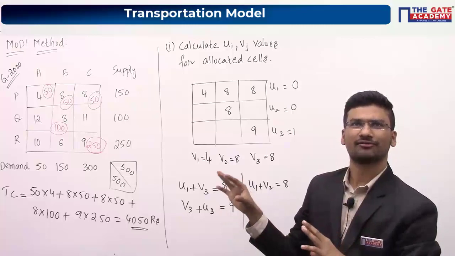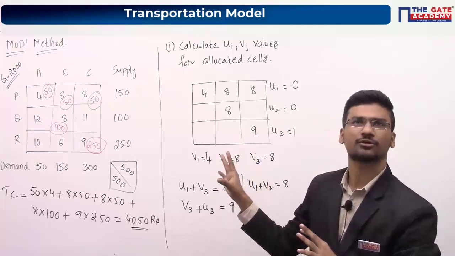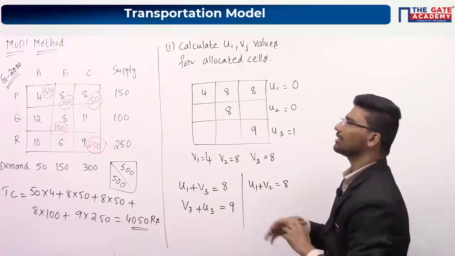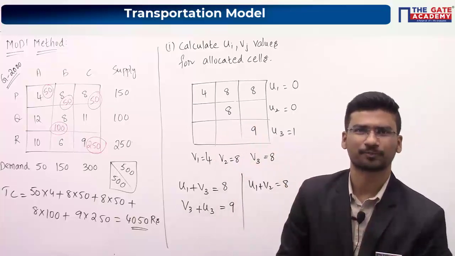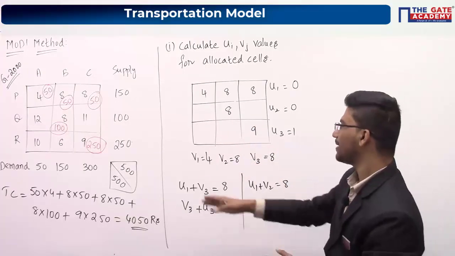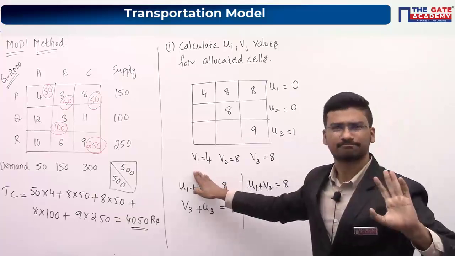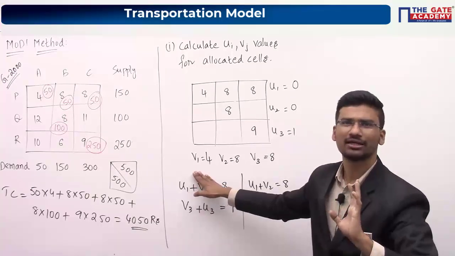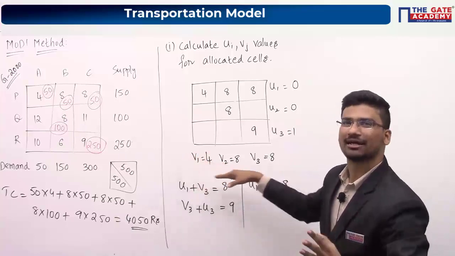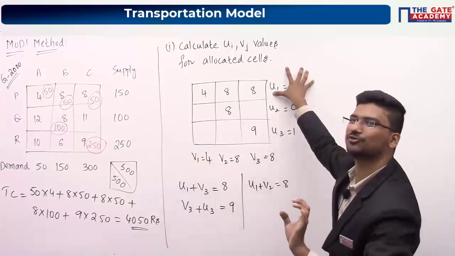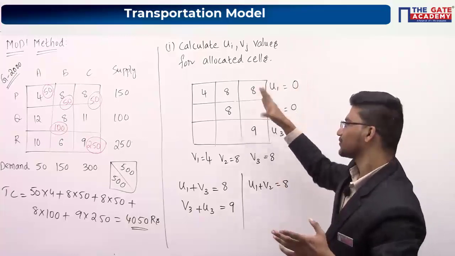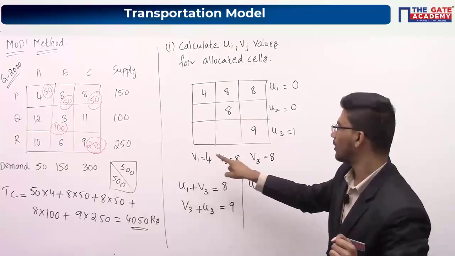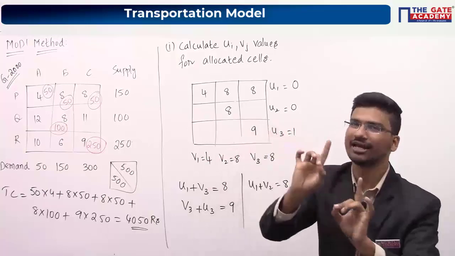Mohammed, I will repeat this briefly, so please don't worry. Yes, Trishal, you can take any value as 0. Maybe you can take the v1 value as 0 initially, then also it will work. So don't get confused with this. You can always take the u1 value as 0, or maybe v1 or v2 value as 0. Any one value you can take as 0.